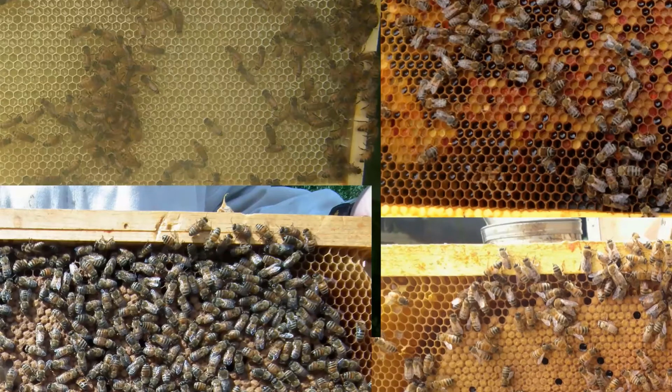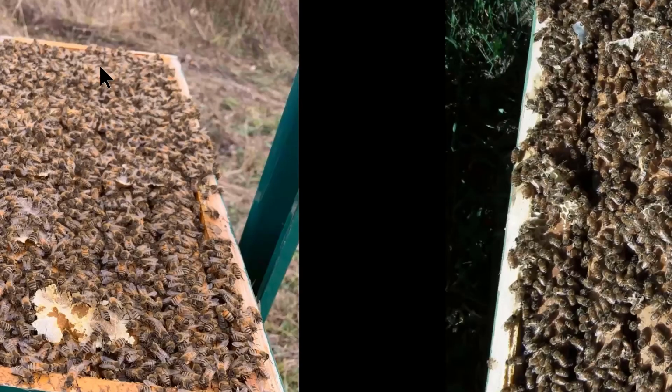Now, all those frames should be loaded with bees so that you have a support of live bees of at least 2.5 pounds. That makes a nice nuke that looks like this on the top. For a traveling nuke, or for you guys that are going to be coming to our queen rearing class, you make your nuke like that. And the reason I